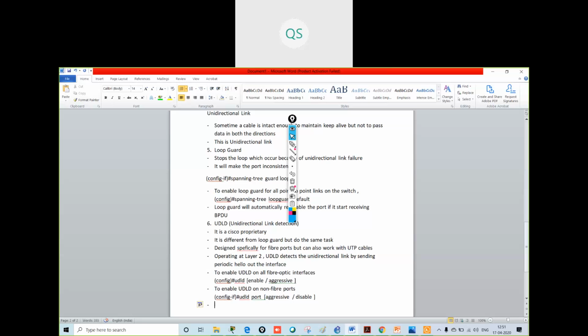Okay, so we have two modes, normal and aggressive. What is normal mode?